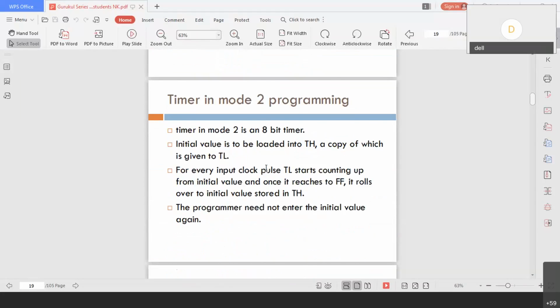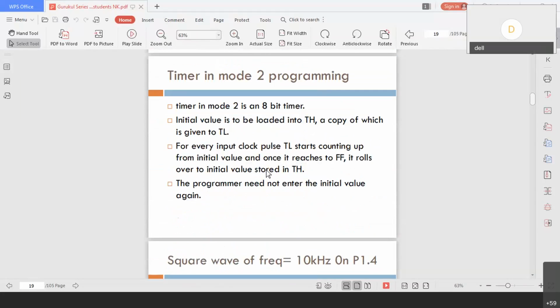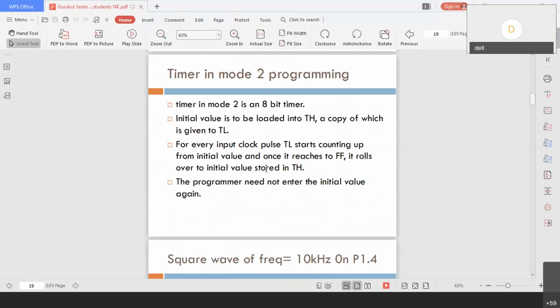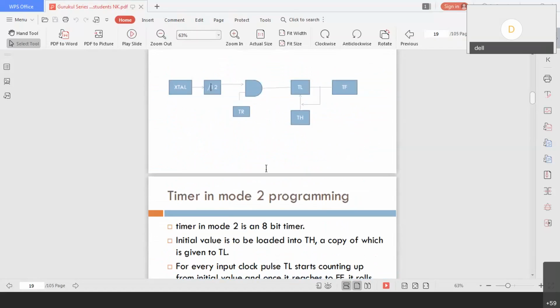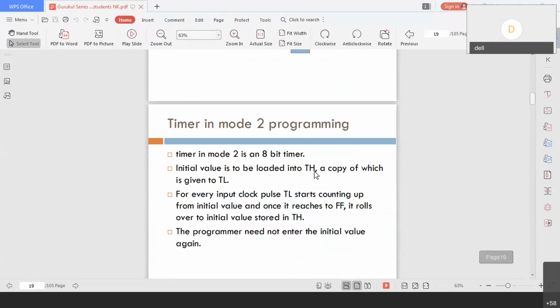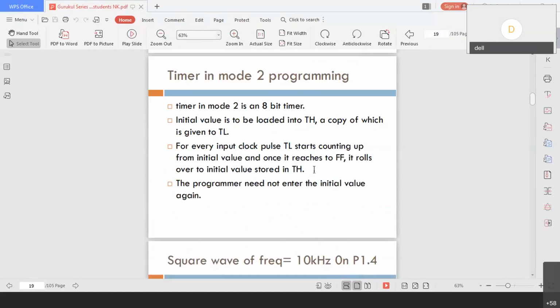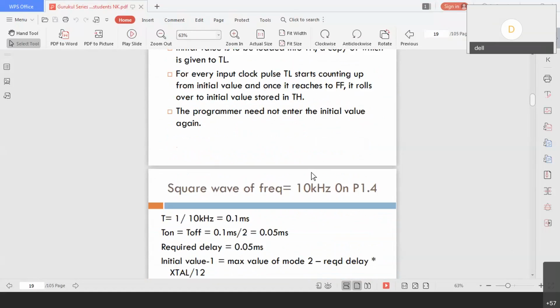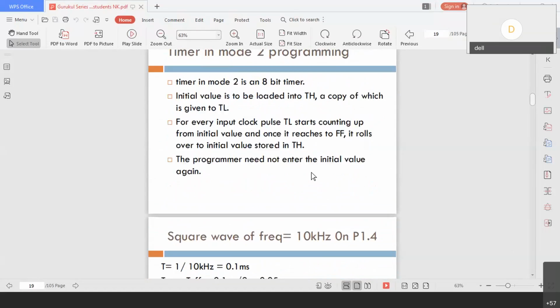So once the timer in mode 2 programming is done, we are going to continuously generate the delay or whatever square wave we want. Now the steps are very simple. As in mode 1, the similar steps we need to use here also.